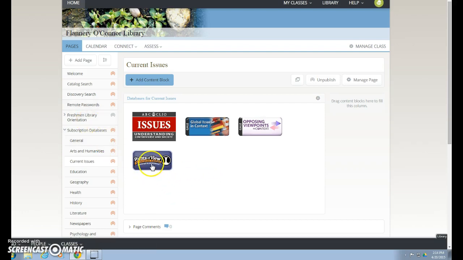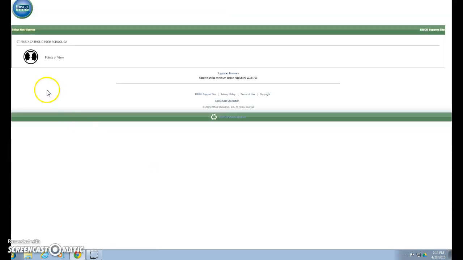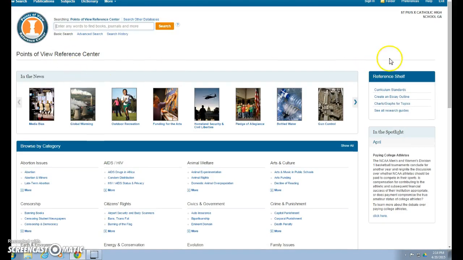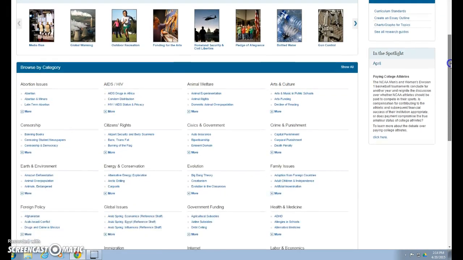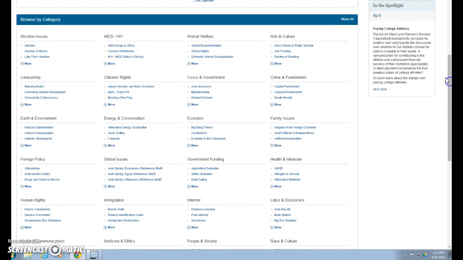We're going to start with Points of View. I find this is my favorite database to start with. I don't know why. It's most visually pleasing to me, or visually easy to navigate. So I come down here and I've got an option to browse by category. Okay, so food ethics isn't a category, but you're going to find those topics that are covered in this food ethics